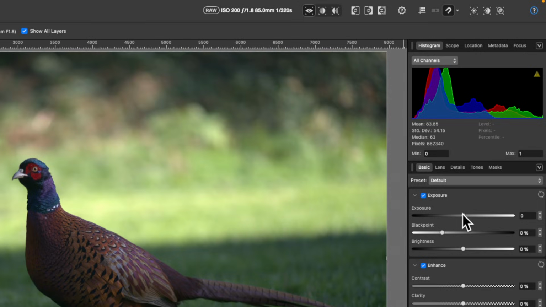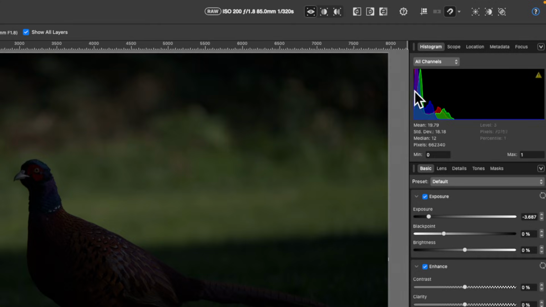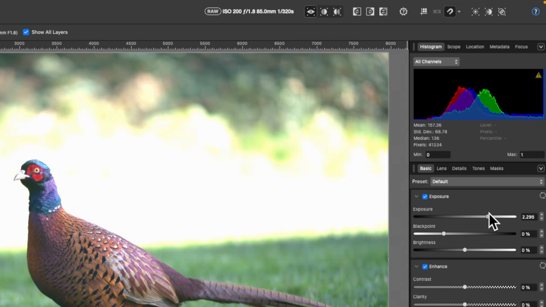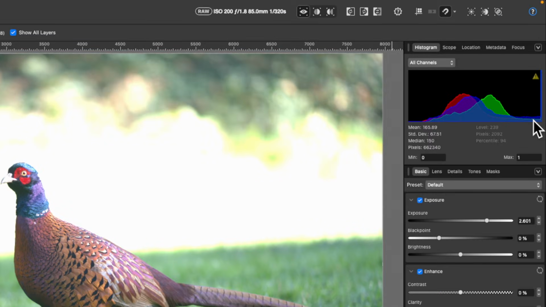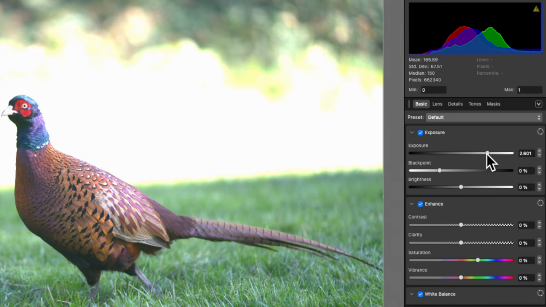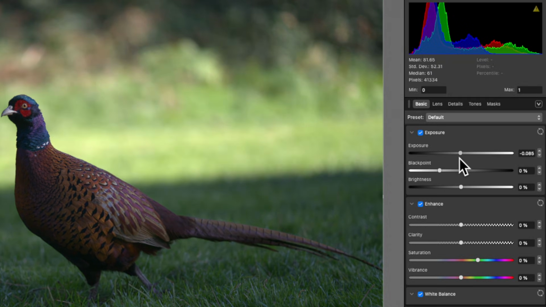But if I click and drag the exposure down like this, you can see obviously the photo's getting darker, but we're also losing detail. And you can see that by how it's clipped on the left-hand side here. And if I click and drag the exposure the complete opposite direction, you can visually see I'm losing detail here. And it's also represented in the histogram on the right-hand side in the highlights. So you want to get a nice balanced image by just clicking and dragging it so nothing is peaking on the left or right unless you really actually want it to.